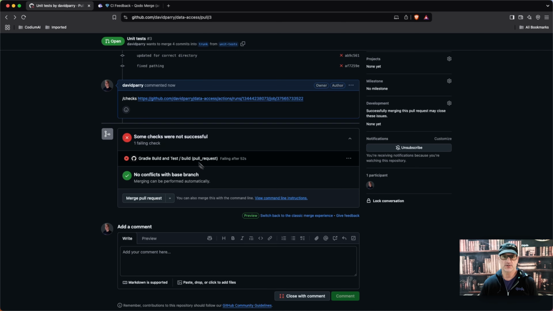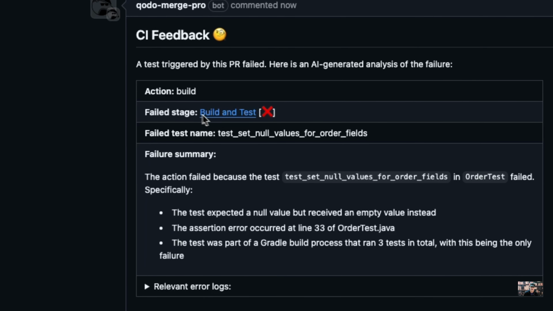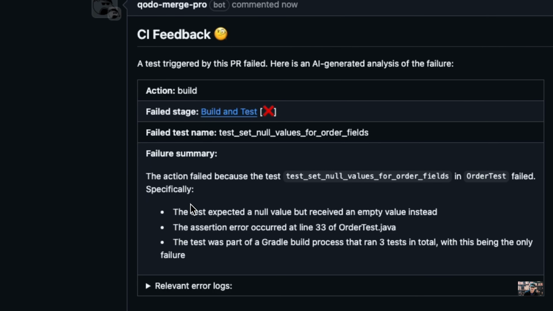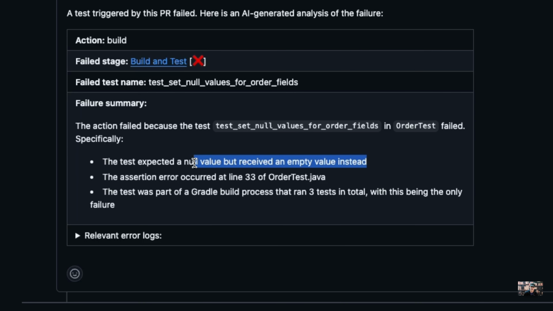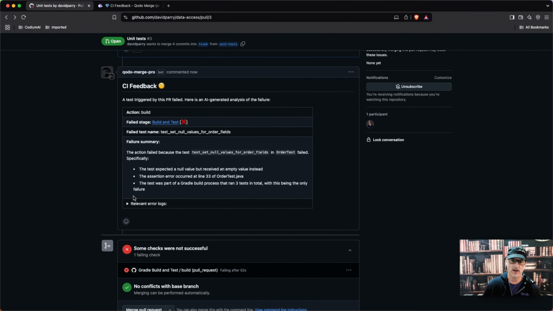Now we'll wait and we'll see eyeballs coming in. And that's the feedback. So it's telling me that the trigger actually failed, that the test expected a null value but received an empty value instead. So this was a home run I did just for an example's sake, but we could go ahead and actually